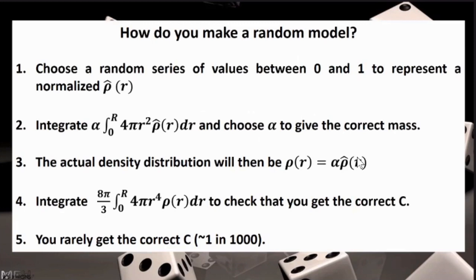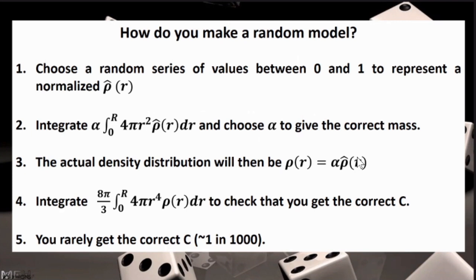Okay, so what do you do? You pick a random function, and the random function is simply picking numbers. First of all, let's start with something simple. I'll assume the radius goes from 0 to 1, and I'll assume the density goes from 0 to 1. And I want the density function to be monotonic. I think everybody will agree that that's a reasonable assumption. Okay, so now what I need to do is I pick some random values between 0 and 1, pairs, and that's my normalized